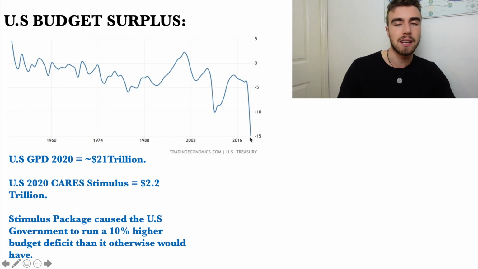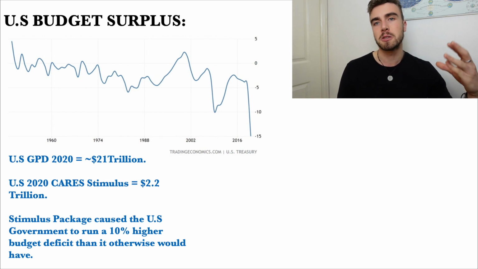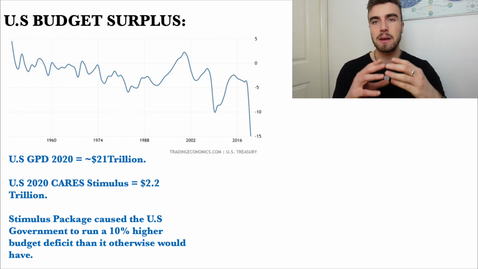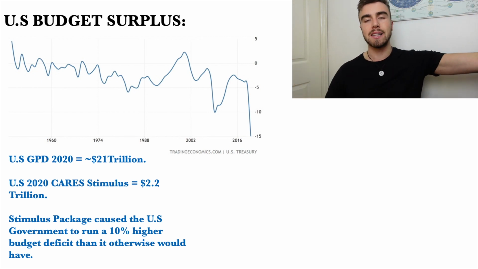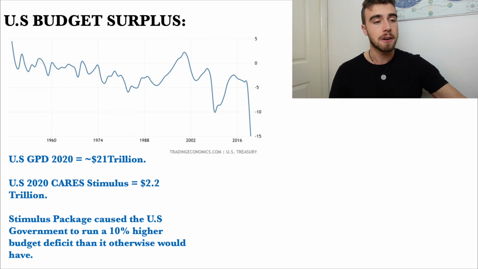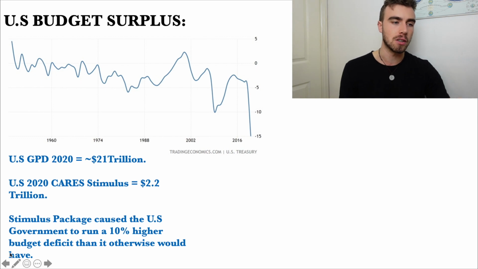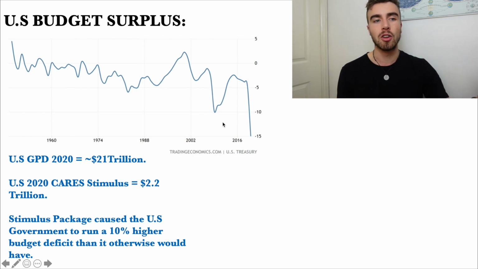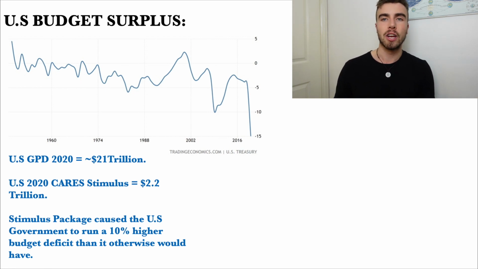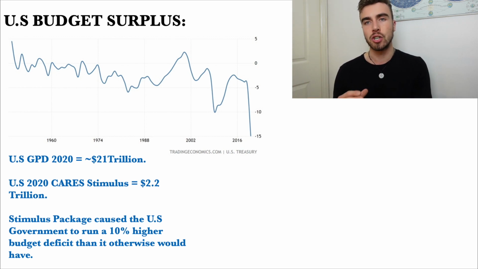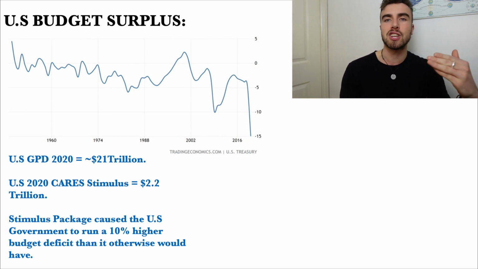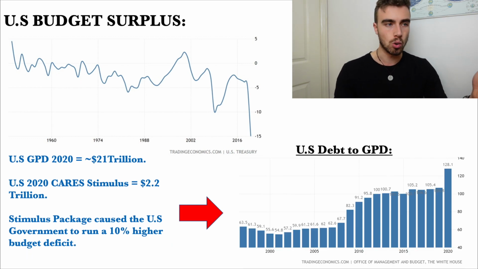We were at about a 15% budget deficit in 2020, and this CARES Act, 2.2 trillion, that was the initial one, and the US GDP in 2020 was about 21 trillion. So this CARES Stimulus Act, this money that went straight into people's pockets for support and relief, that ended up in excess spending, was 10% of the entire GDP. Massively significant. So this stimulus package caused the US government to run a 10% higher budget deficit than it otherwise would. Again, I'm trying not to comment on what optimal levels are, how much I think this is good, how much I think this is bad. I'm just showing you the inflationary effect of what the stimulus package has caused.